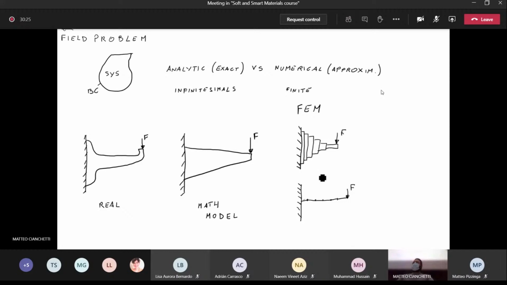So, of course, it should be already clear that the first step is already a simplification with respect to the reality, and you can find an exact solution of that. In this case, you have a mathematical model that you can rely on. In the third step, that is the discretized